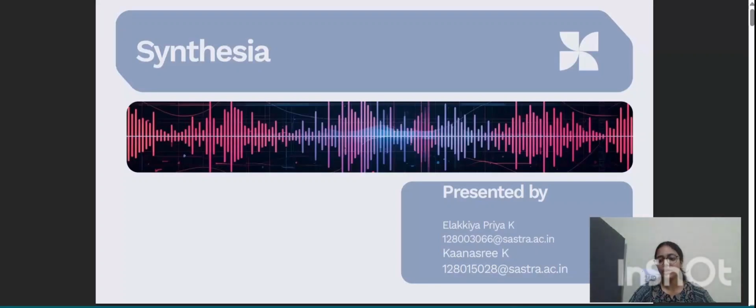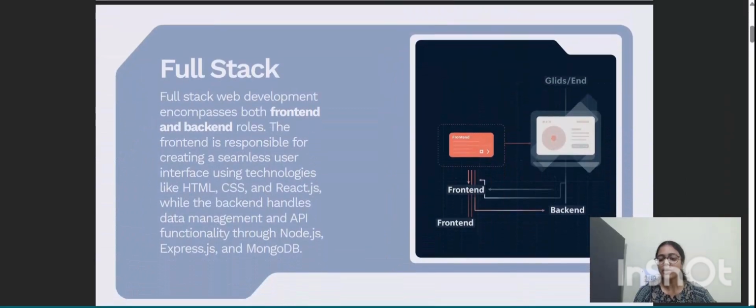Good evening everyone. My name is Kanishri K and today I'll be explaining the introduction, the need for MERN-Stack, the overall working process and the front-end part of our music player web application which we developed as part of our MERN-Stack internship project. This project is a full-stack web application which means it includes both front-end and back-end working together